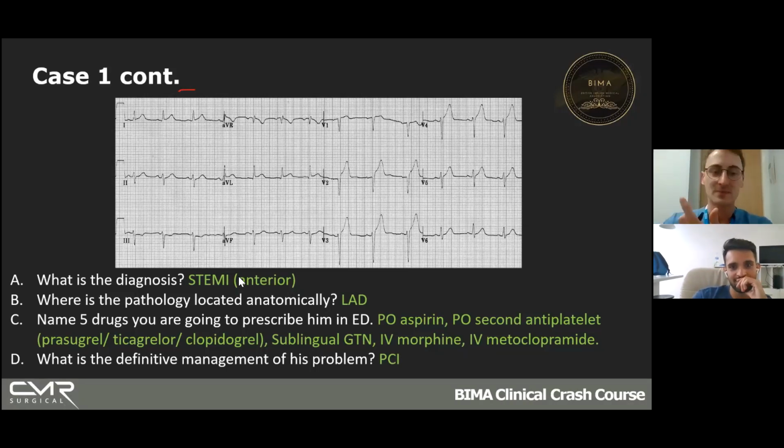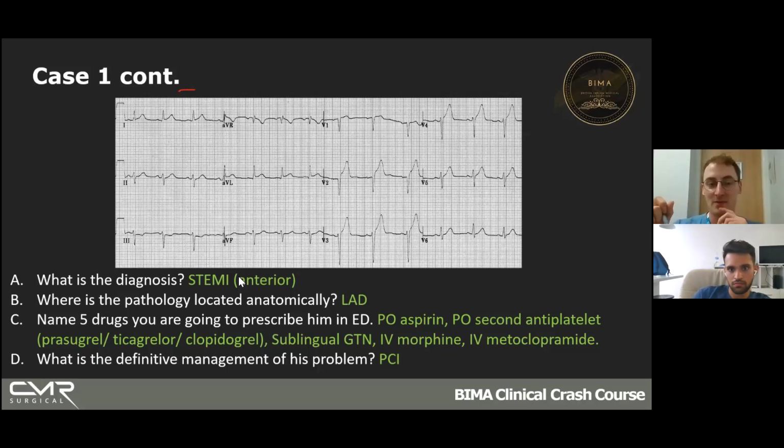An important thing to note that comes up commonly on the wards is that you can only do PCI on people if their arteries are partially blocked. If you do an angiogram on this guy and his LAD is completely blocked, there's a complete blockage, it just stops. You can't PCI them, because you can't force a stent through a complete blockage. You're just going to mess up the artery and cause it to bleed everywhere. It's going to be bad news. What you would do there is a CABG. That's when you graft one of your veins from your legs, or your left internal mammary artery, around the blockage.